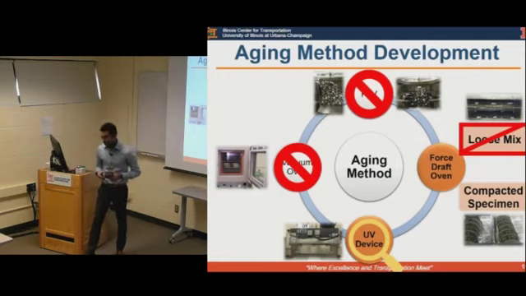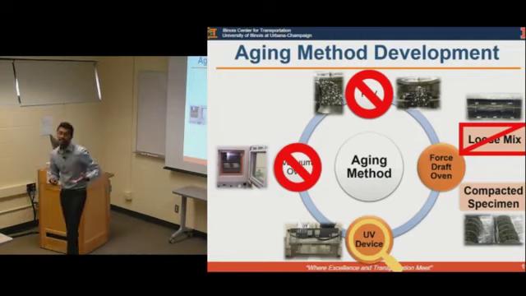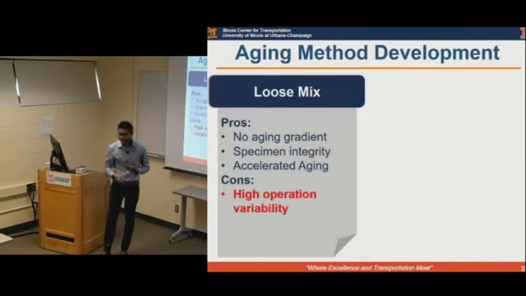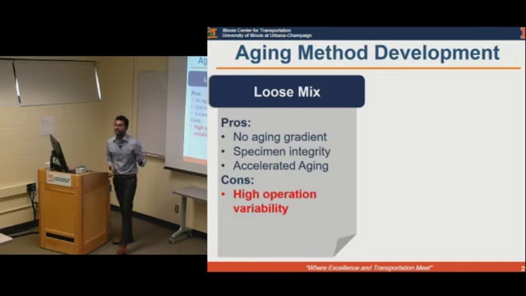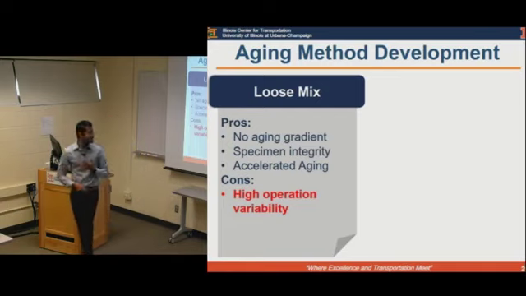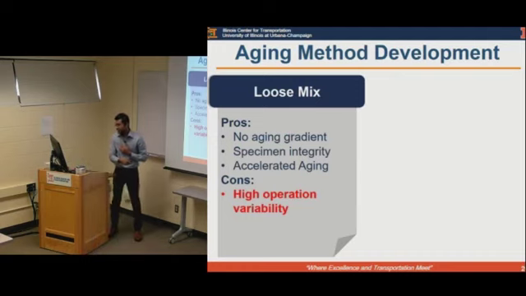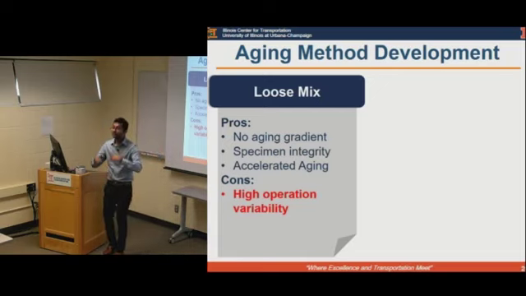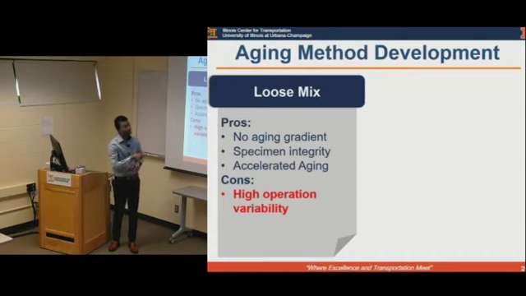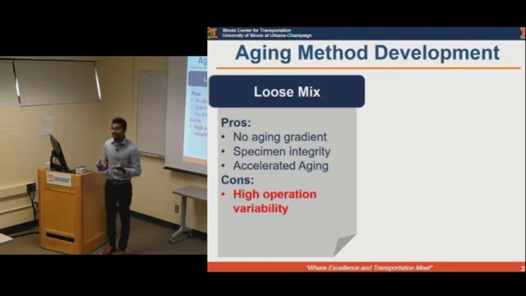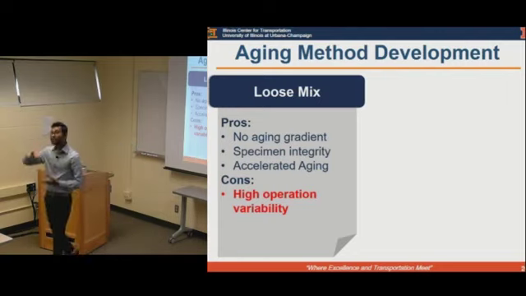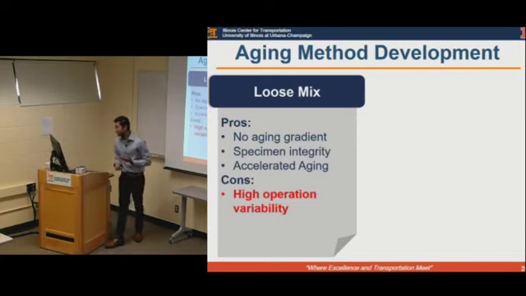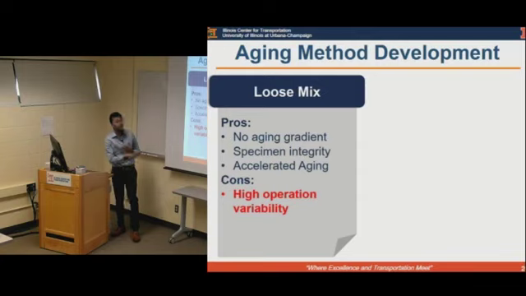With a thorough study, the loose mixes were eliminated for the sake of the study due to the following reasons. First, the high operation variability. It has benefits, but it has its cons. That is the variability, which was our concern. The pros are, yes, definitely there's no aging gradient because you put it loose into the oven. You make sure that you stir it at regular intervals so that the material doesn't have any aging gradient across the depth. Second, the specimen integrity was maintained because you age the sample and then you compact it. And loose mixture aging is more of an accelerated aging, which can help you age the sample faster, which is good, but again, high operation